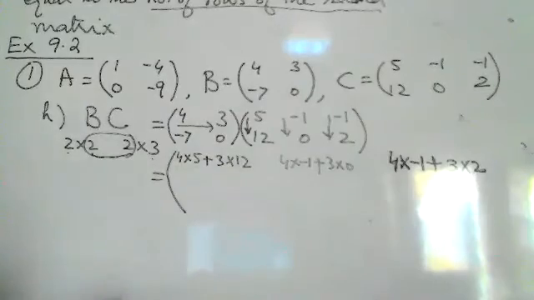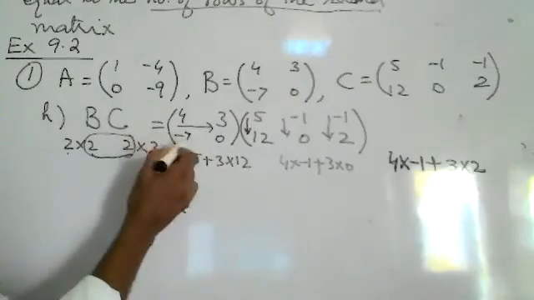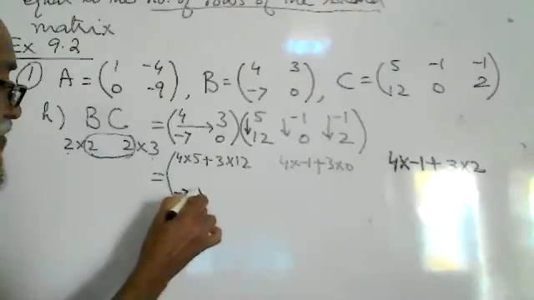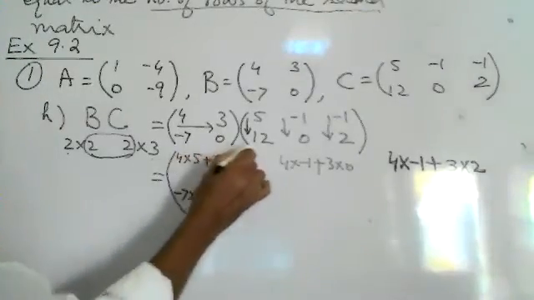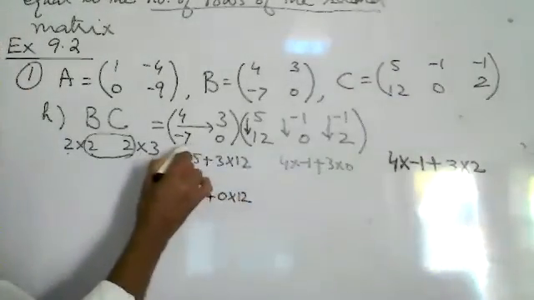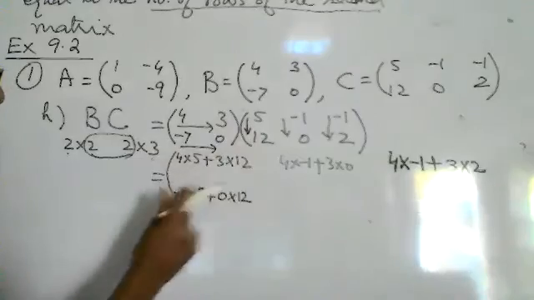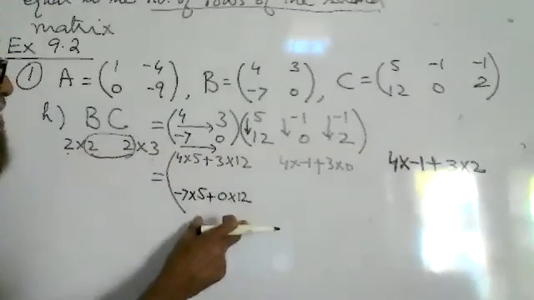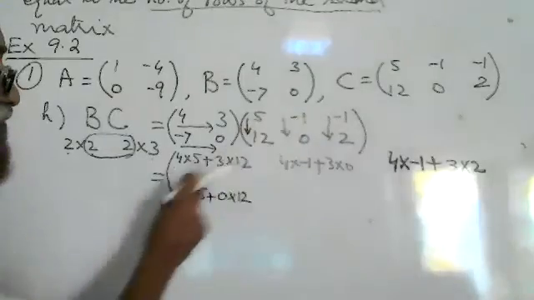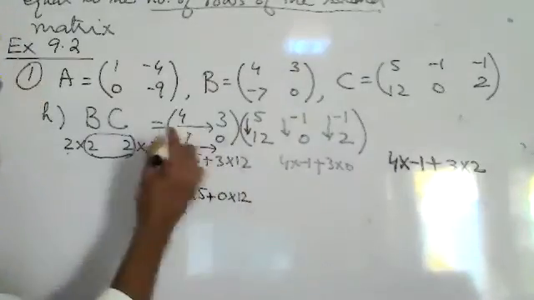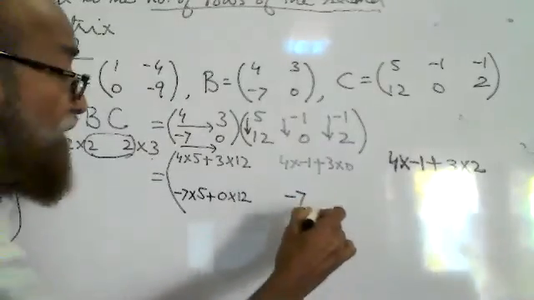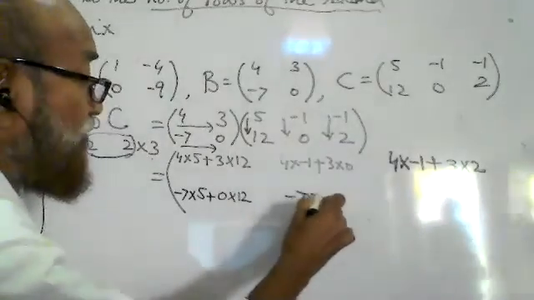Now we start the second row. Minus 7 into 5 plus 0 into 12. The second row is multiplied with the first column. The answer is written in the second row, first column. Now the second row with the second column. The answer will be written in the second row, second column. Minus 7 into minus 1 plus